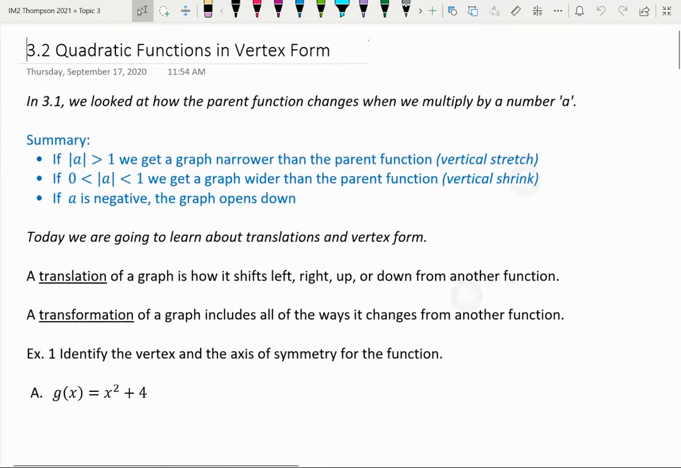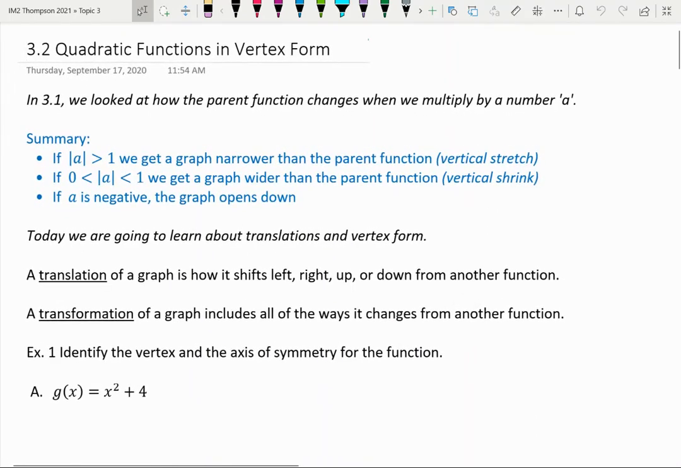Quadratic functions in vertex form. So we're going to look at different kinds of transformations today. In 3.1, we focused on how a parent function changes by multiplying by some number a. So if the absolute value of a is greater than 1, then we get a graph that's narrower than